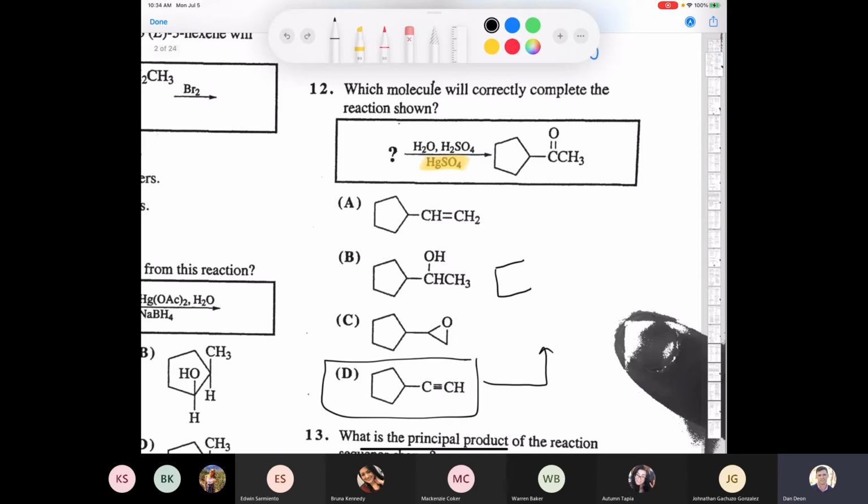Oh, I can draw a better flat number. There we go. So you end up with this enol, right? And this enol undergoes tautomerization to give you the methyl ketone. You'll see that in organic chemistry too, you learn a really neat reaction with methyl ketones called the iodoform